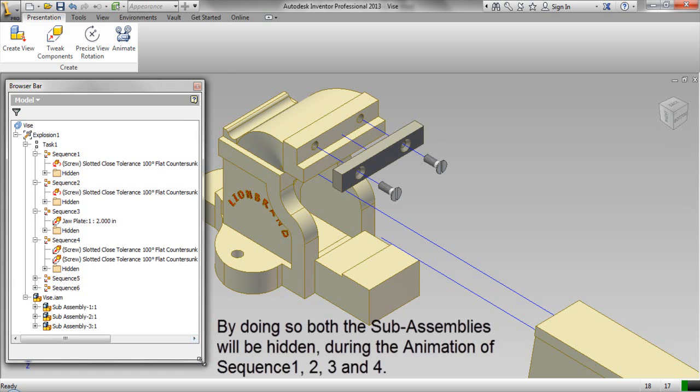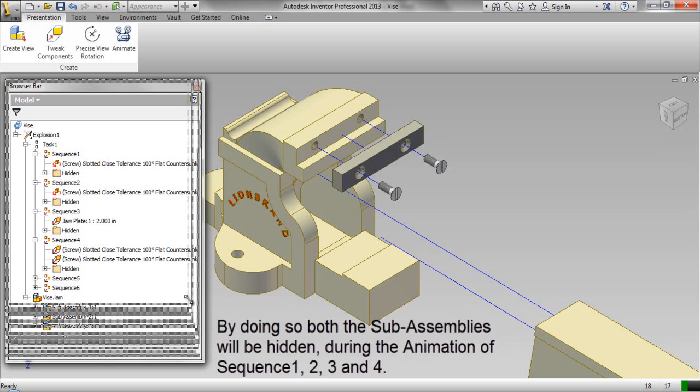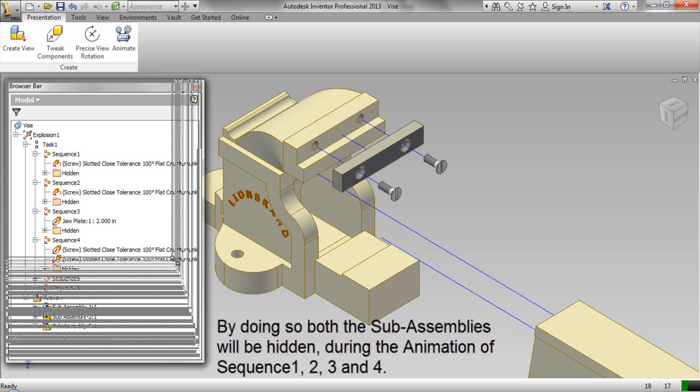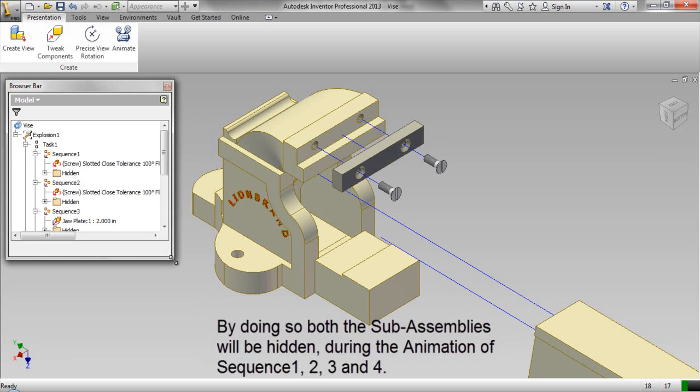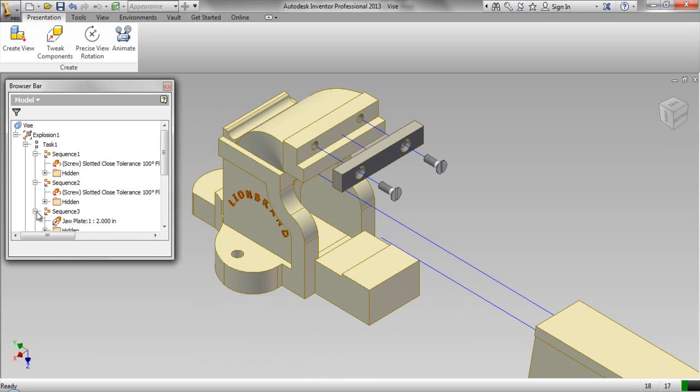By doing so, both the sub-assemblies will be hidden during the animation of sequence 1, 2, 3 and 4.